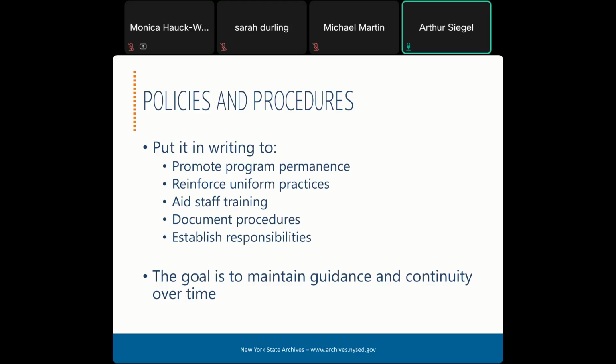Having policies in place also clearly documents procedures by explaining all the way down to step-by-step records management processes. This is especially important for e-discovery issues or legal challenges, as it can provide details regarding the disposition of records and how they were managed. And finally, it establishes responsibilities by indicating who's supposed to do what functions and establishing the authority to do so. Basically, it spells out who you need to contact and when.